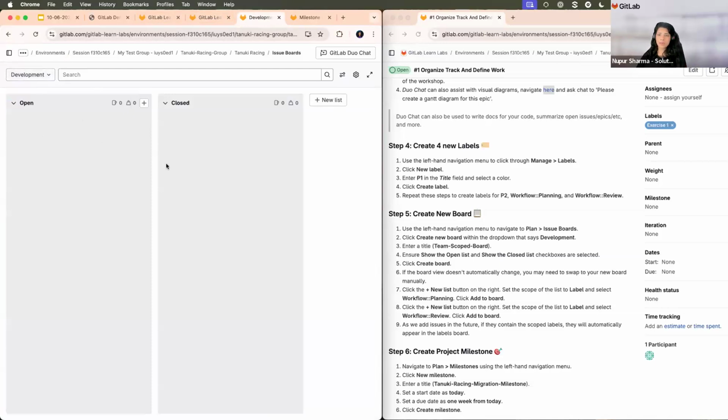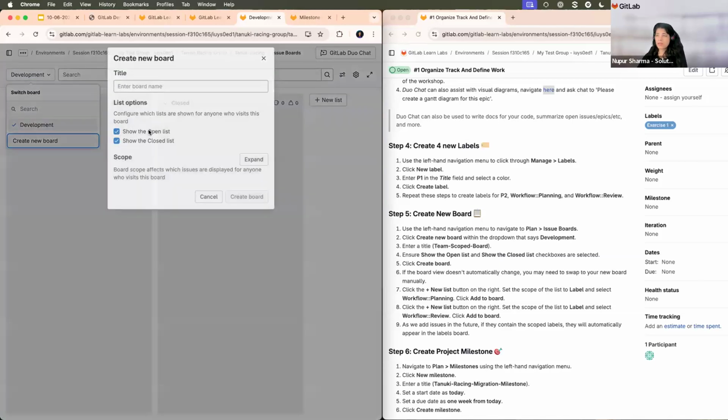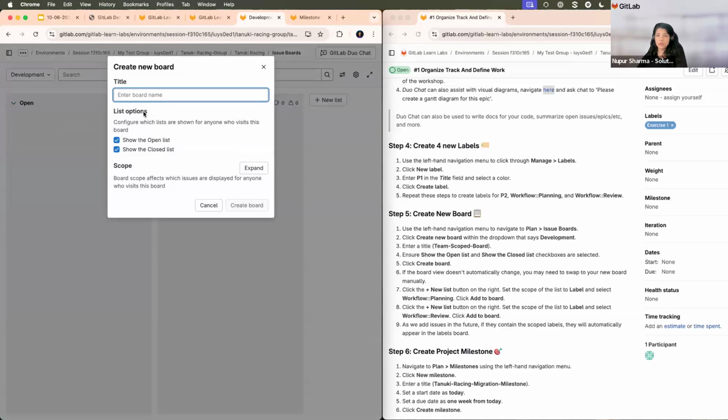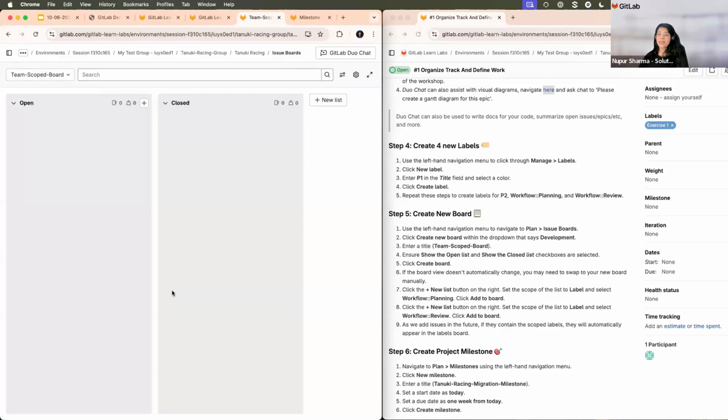You already have a development board by default whenever you work with GitLab issue boards planning area. But let me create a new board to see how you can configure a view for yourself. So for example, I want to create a view called team scoped board and I'll just create a board. Now I can configure this as a view, which I think I want to use every day. So for this particular scenario, I want to see all the user stories which are in workflow planning or workflow review. So for example, I'll just say,